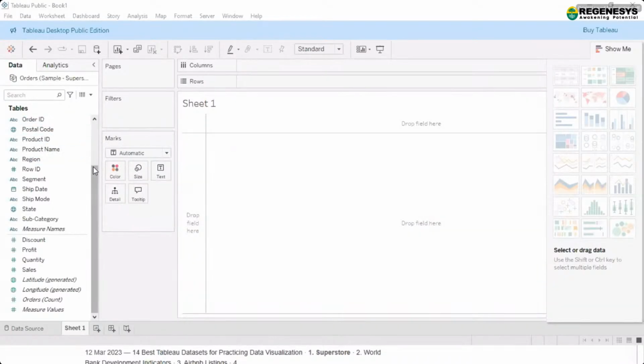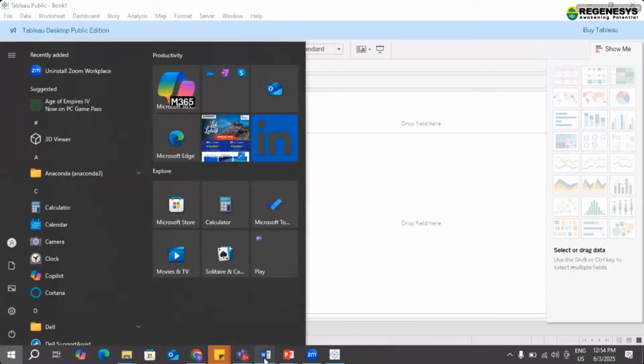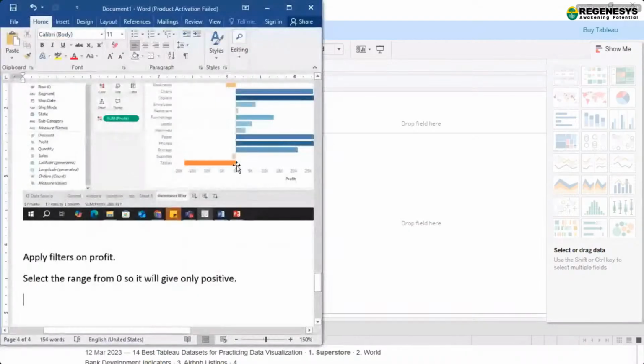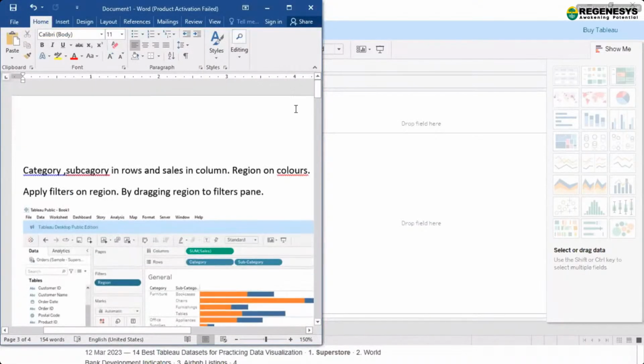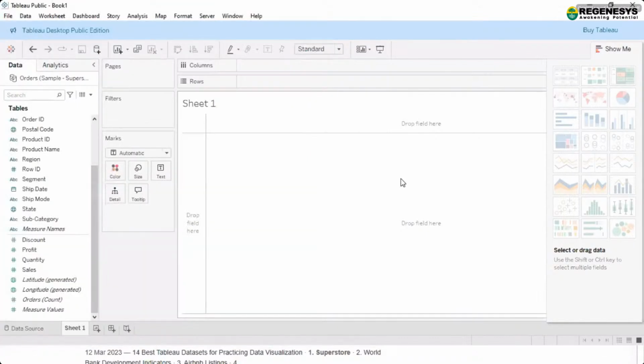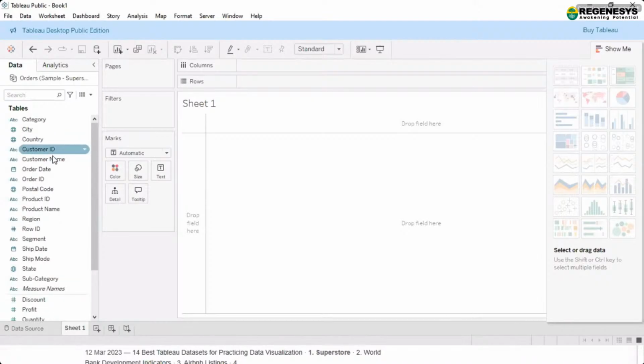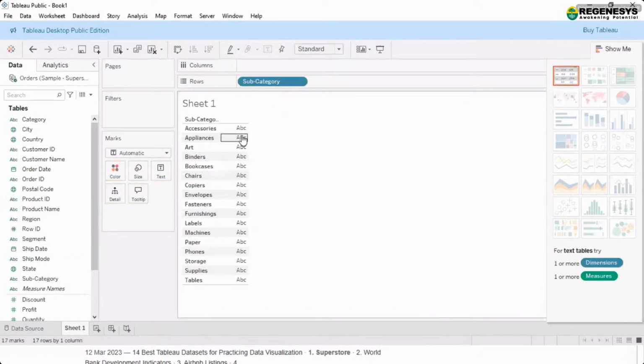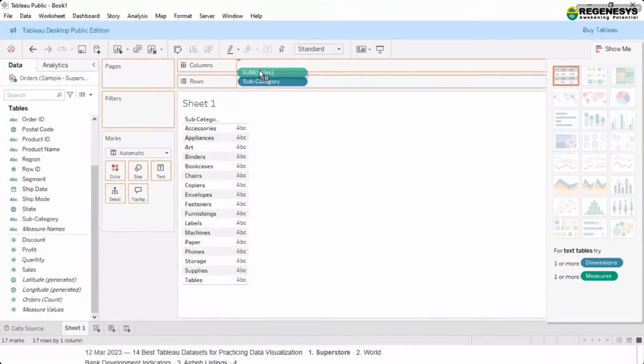So now going to the filters part. First of all, when I'm talking about filters, filters are a particular way wherein we can filter based on any particular context or any field. So for example, as I gave the example that I want to take it region wise, let's say I'm taking the subcategory here, and then I'm taking sales into consideration.